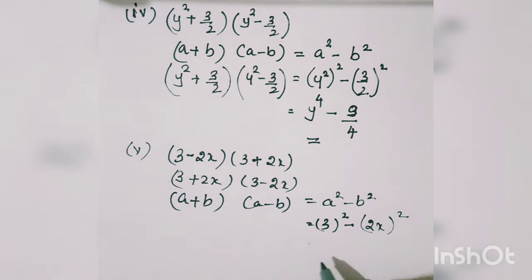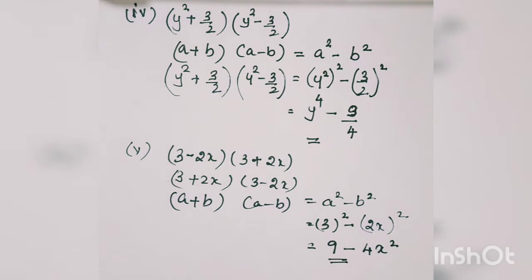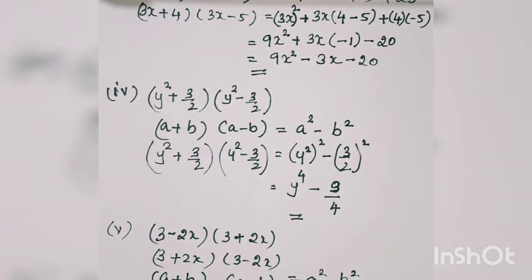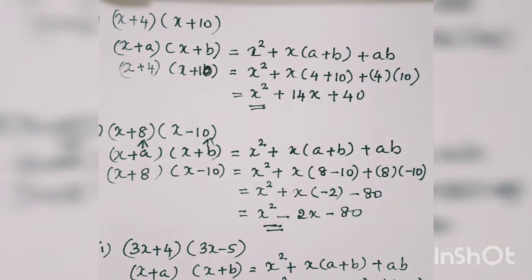So now here 3 square is 9. 2 square. First write the square of the number and the variable, 4x square. So this will be the answer. Okay children, so this is how you have to do. So this is the first main, so the first main we have completed. Those who have not done, you can quickly pause this video and make a note of it.